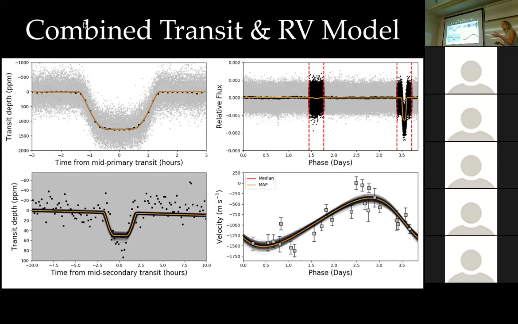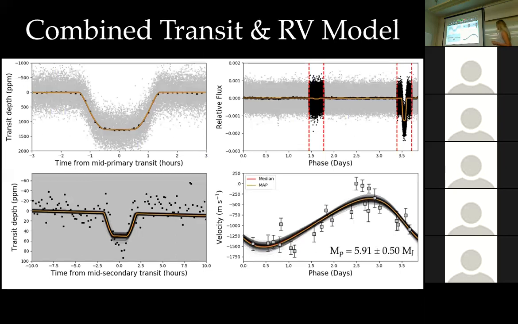And with that, I don't know if you remember that long equation he showed at the beginning for measuring the Doppler semi-amplitude, that actually helps break a degeneracy that exists and allows us to get a real measurement of the planet mass. Not directly, indirectly, but it's not a minimum mass measurement. So with that, we do measure a planet mass of 6 Jupiter masses, and therefore confirm that KY4 is hosting a very massive hot Jupiter.